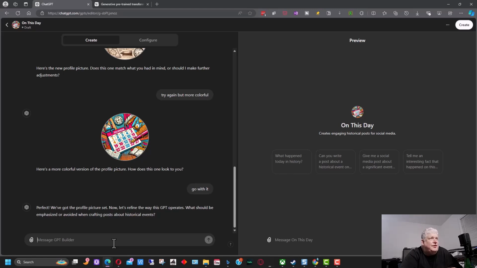Now let's refine the way this GPT operates. What should be emphasized and avoided when crafting posts about historical events? So we can put whatever we want in here, and we might already have a list or whatever. What I like to do is I like to ask ChatGPT what it thinks about this, because it saves some time, because it will give you some suggestions, and it gives you ideas, and you can go from there, and you may not have to put as much if you like what it's starting with. So I'm going to go,